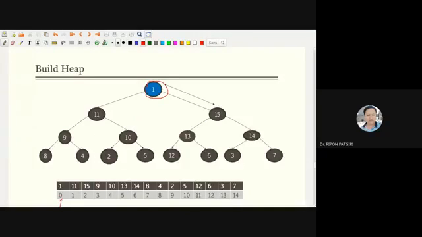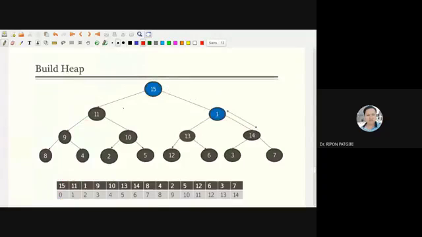Check it out, the largest one, is it maxive? No, it is not maxive. 15 is larger than 1. Then select the largest one. Which one is the largest? 15 is the largest. So we have to write 15 here and 1 here.